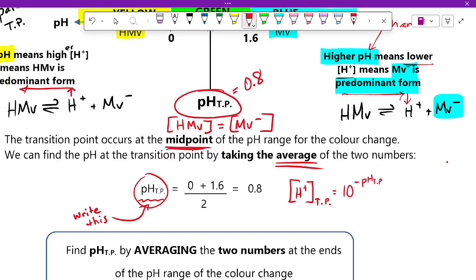You don't have to write the TP every single time, but I'm just writing it. And so that's going to be 10 to the negative 0.8. And 10 to the negative 0.8 is